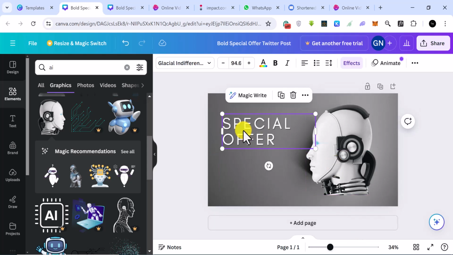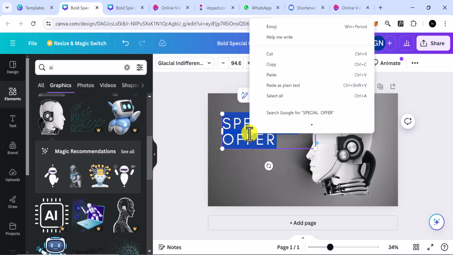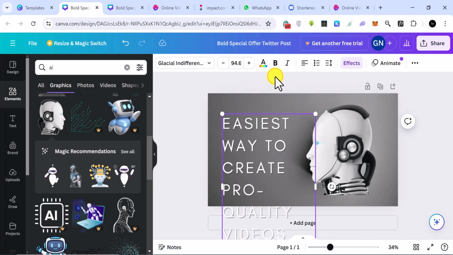So like I said initially, we want to target people who are on Twitter. So we want to tell them to learn how to monetize their Twitter account using AEDiO. So you can come here, and then you can right click on this, and we can paste that stuff we copied from AEDiO right here. So you see why we use templates on Canva. You can see that this font, this design is going to be